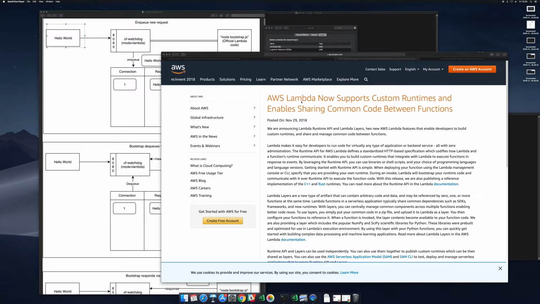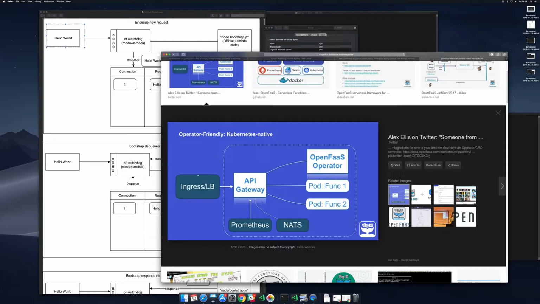So AWS Lambda now supports a custom runtime, and it's a little bit interesting the way that they've done this. If you think about the OpenFaaS architecture, you tend to have an ingress coming into your Kubernetes cluster. A message will come down this pipe to the API gateway, which will listen on a HTTP port. That will then reach across and hit a pod that has a HTTP server in it. That will then run the function. The request body will go in, the request response will come out of that, and it goes back up the